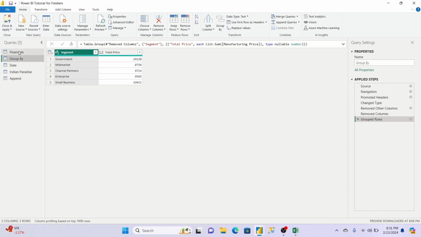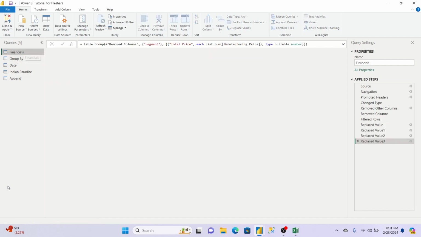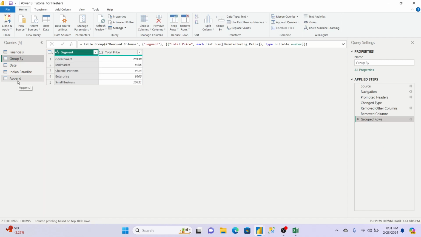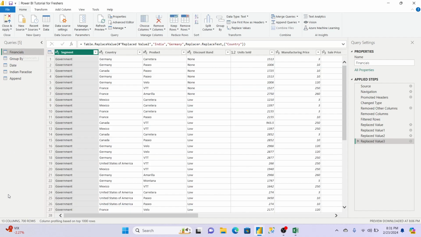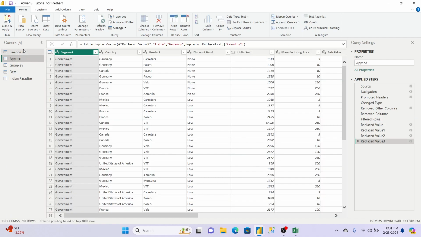But we can't do append on the financial table and group by table, because the financial table has 13 columns and the group by table has only 2 columns. We can't do that. I will show you now practically. Now we can do append for the financial table and this append table also.